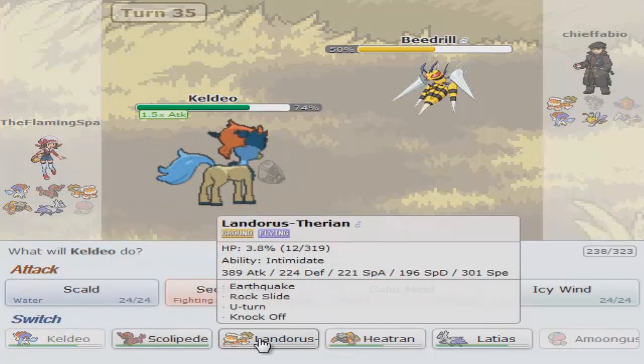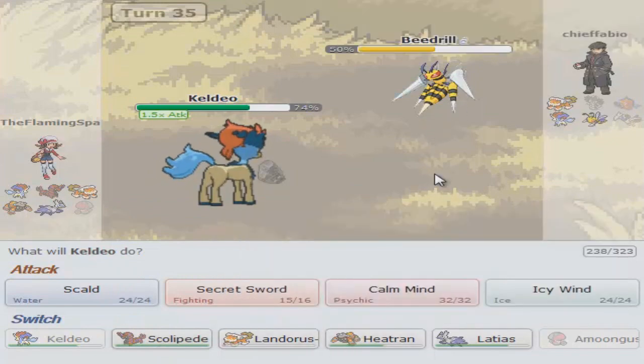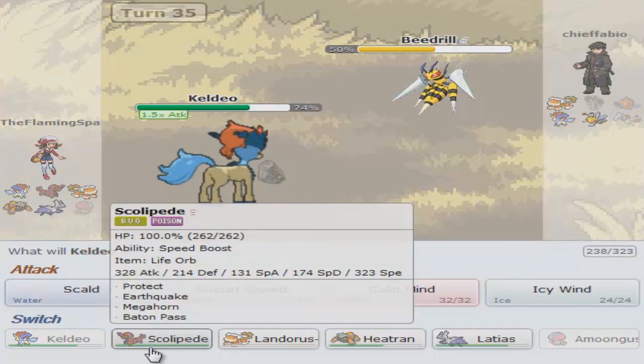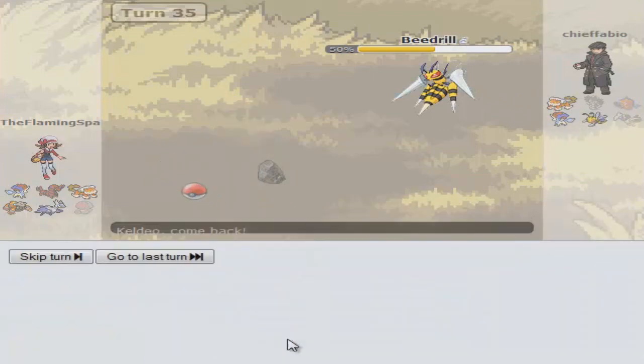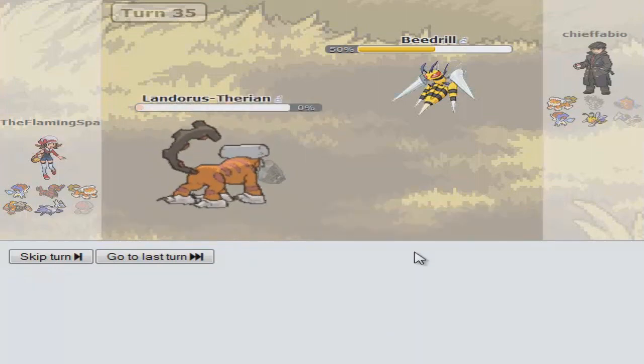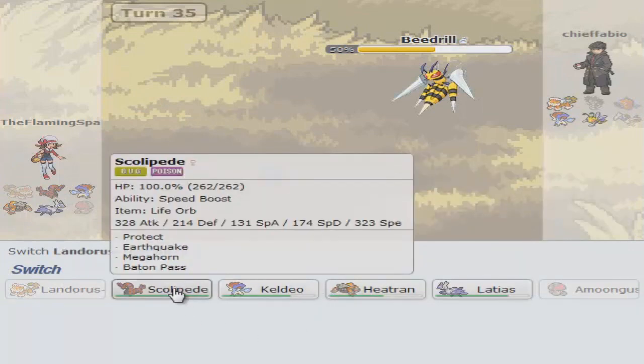And I could go into Scolipede and stuff. Then I would outspeed him, and I got EQ. I can knock out... Well, Beedrill has no defense to even speak of. But then he's gonna go into... I'm just wondering about the Poison Jab. It will probably knock me out. Keldeo would still be useful against his own Keldeo. I'll sack Lando at this point. I'll do it, and if he wants to go for U-turn, then he can't. Now, if I go into Scolipede...